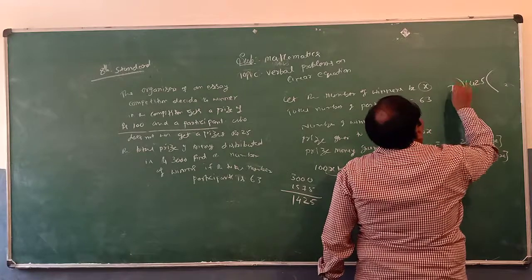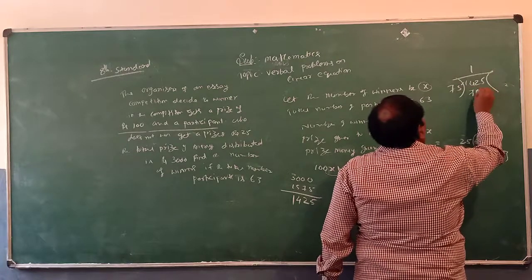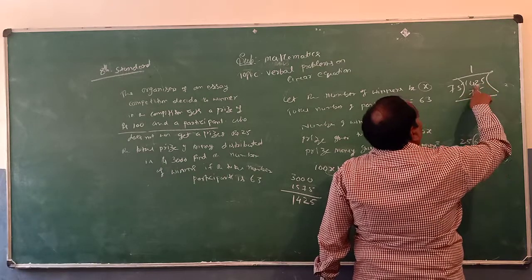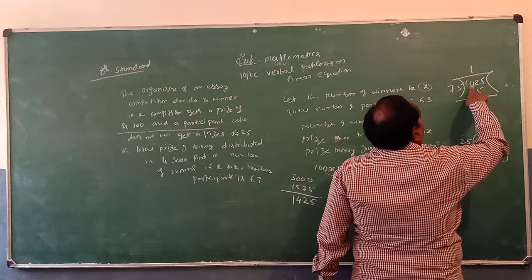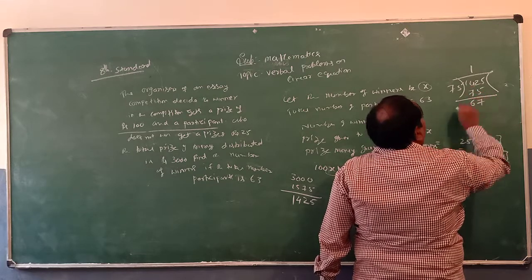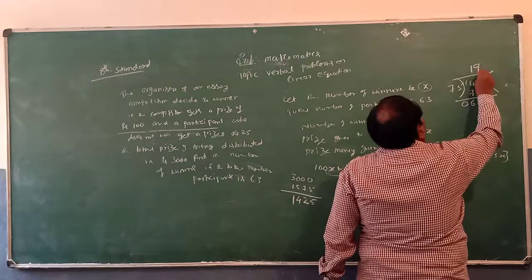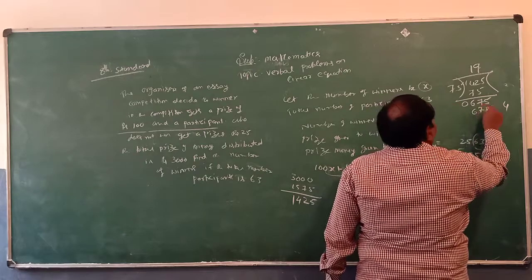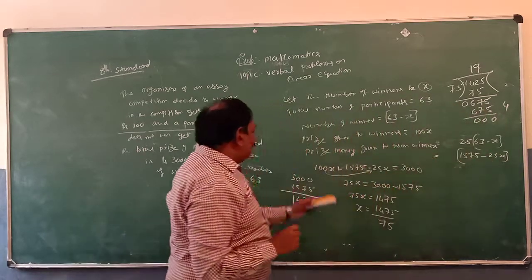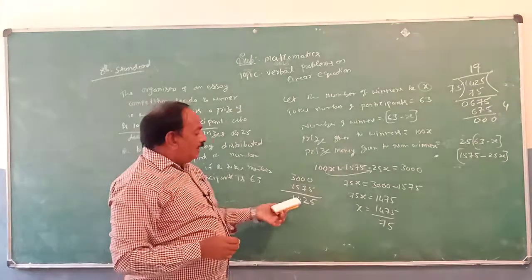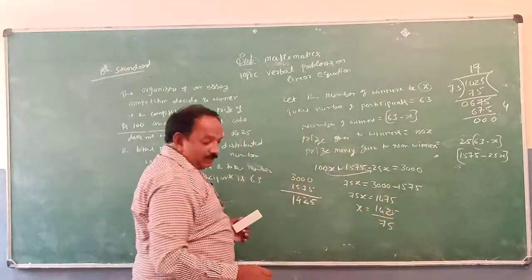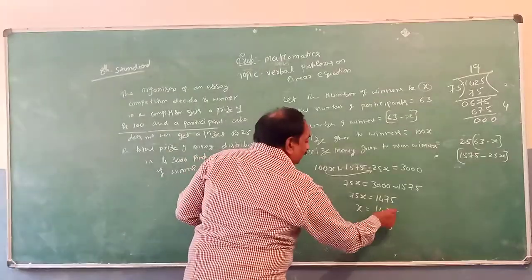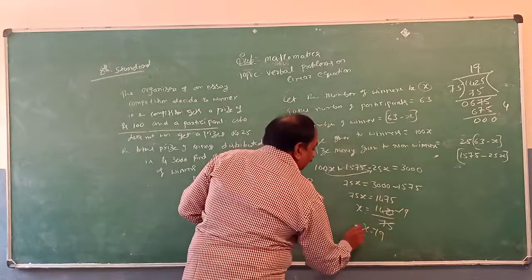So x is equal to 1425 divided by 75. 75 ones are 75. 12 minus 5, 7. 13 minus 7, 6. Then 9: 9 fives are 45, 4; 9 sevens are 63 plus 4, 67. So it is 1425 and x is equal to 90.